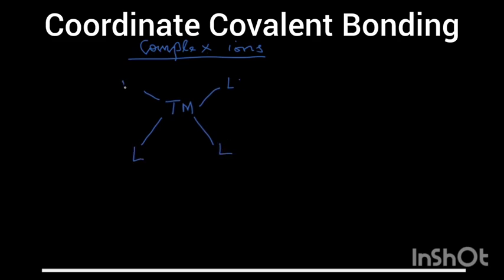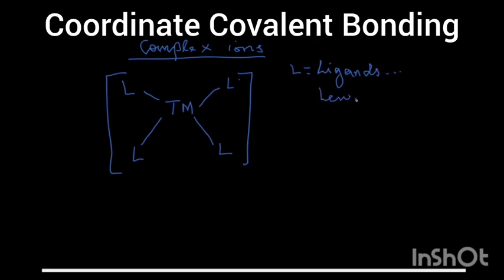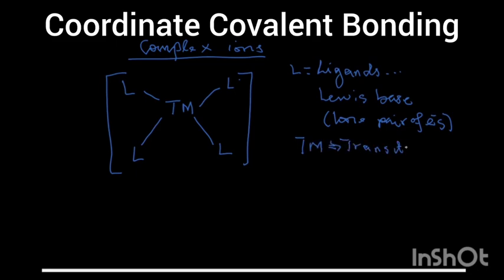I've told you ligands. What did I call ligands? L stands for what? Ligands. Ligands are Lewis bases, and Lewis bases have what? Lone pairs of electrons. Are you getting it? So the TM there stands for what? Transition metals. Am I communicating? So when you have transition metals attached to ligands,